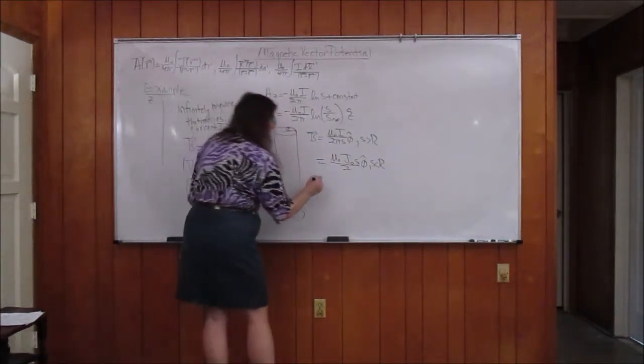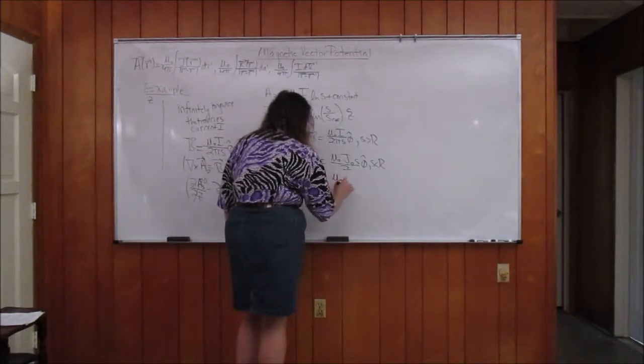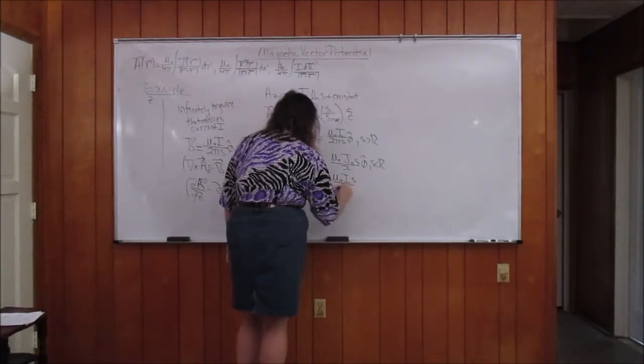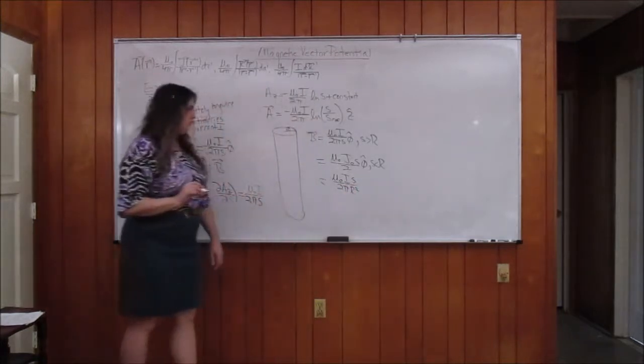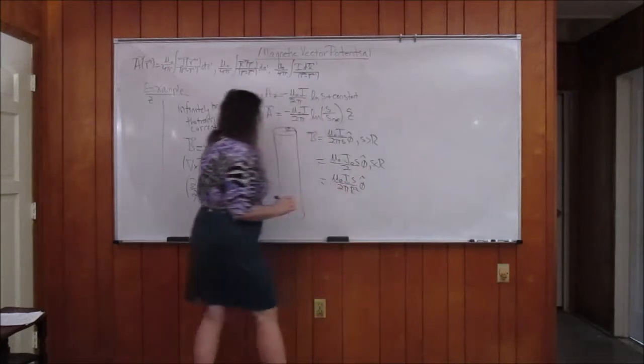Now, it's sometimes more convenient to express it in the current, so this is mu naught I s over 2 pi R squared. Okay,